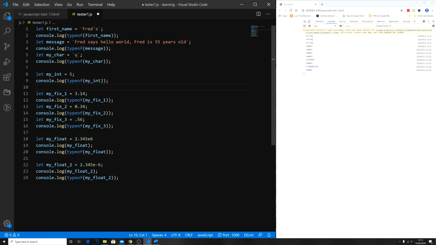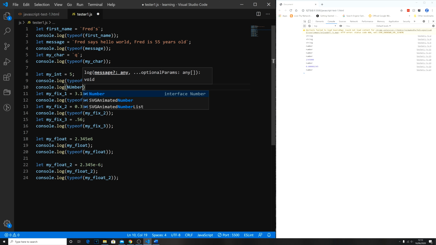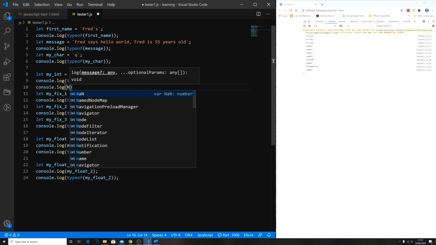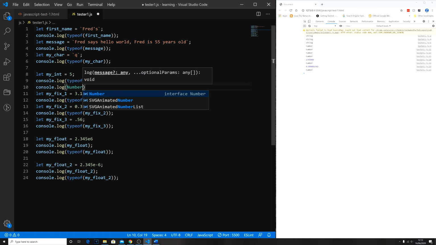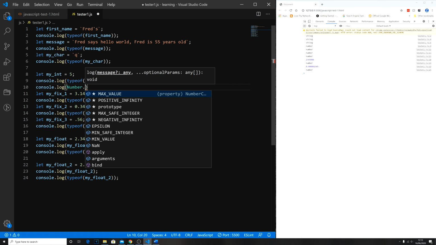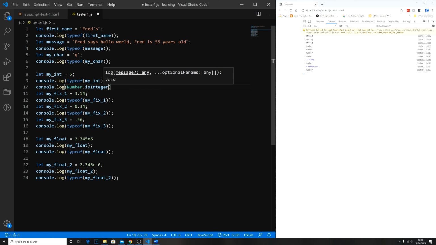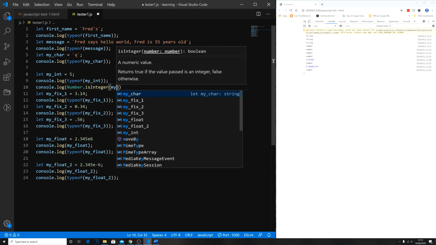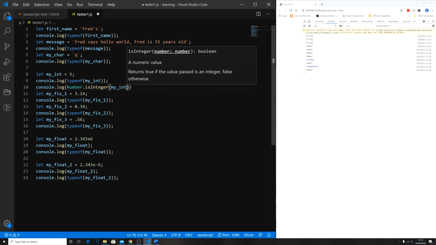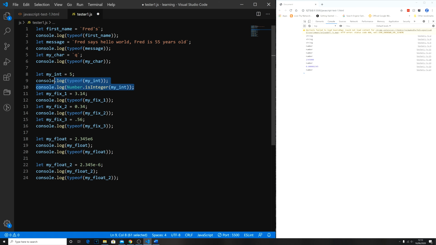add another console log. And we're going to use, like I say, essentially an object, and I need to spell it correctly, Number dot, and we're going to use its method, which is isInteger. There we go, isInteger. And then we're going to pass it again myInt. And then we shall repeat that process